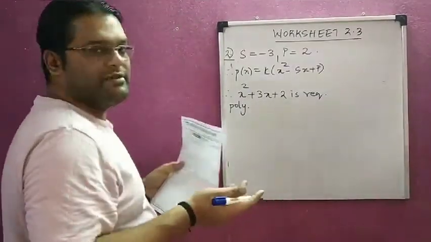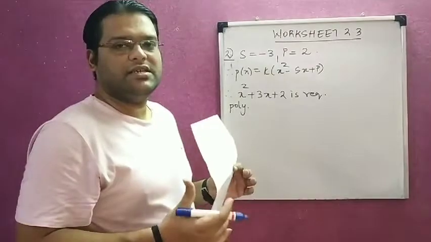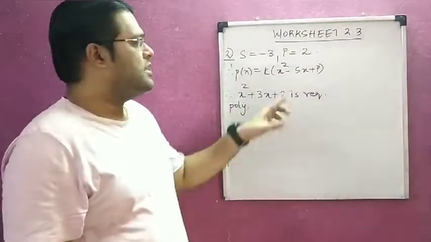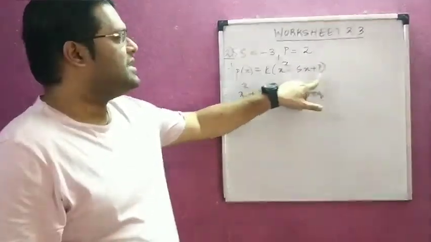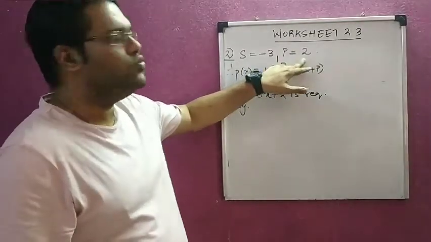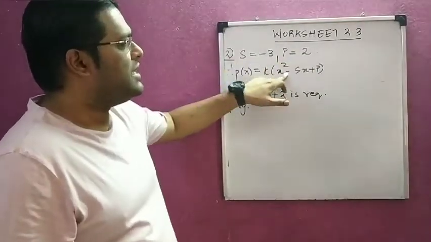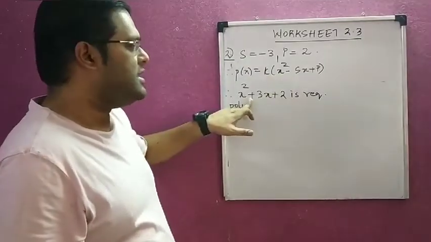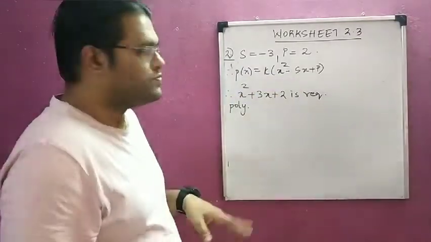Right? Same steps as we have done in the previous 5 sums, so I am not writing every step. I am just putting the value of s as well as p. S is what? -3 and p is what? 2. The minus of the s and the minus in the formula make it plus 3x and finally plus 2.